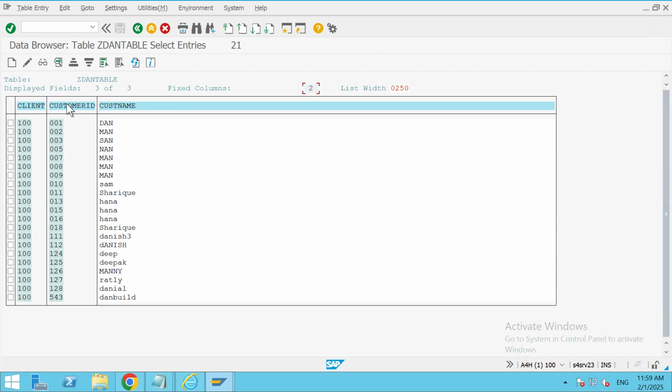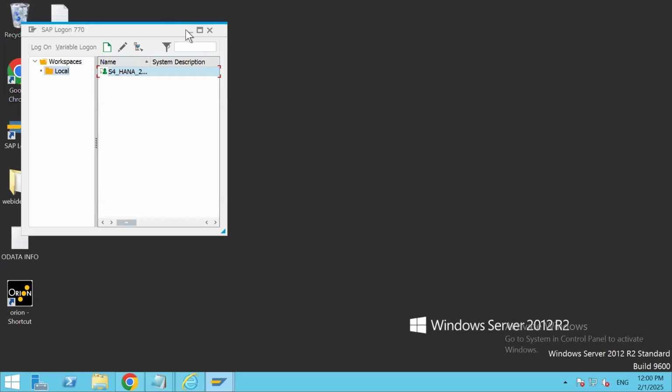So it only consists of two fields, customer ID and customer name. I think this is an integer. The data type is integer, and this is the customer name I tried to enter. Now, with two fields over here, I'll try to make a call from the